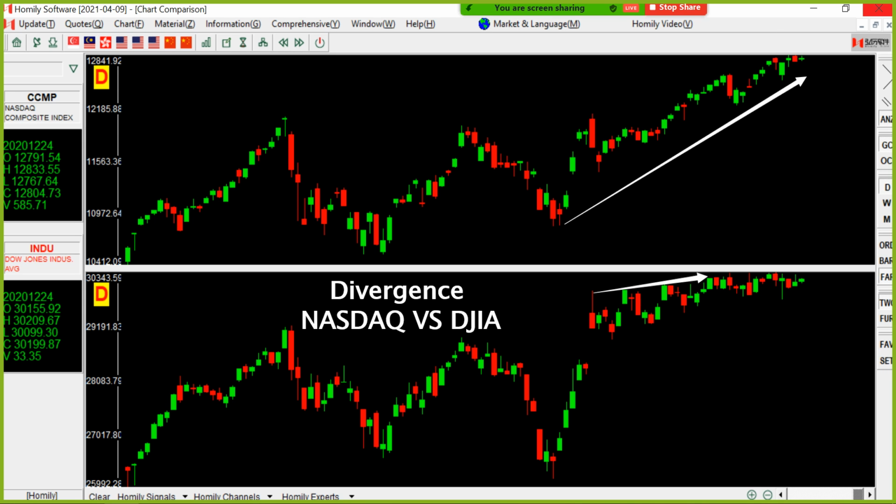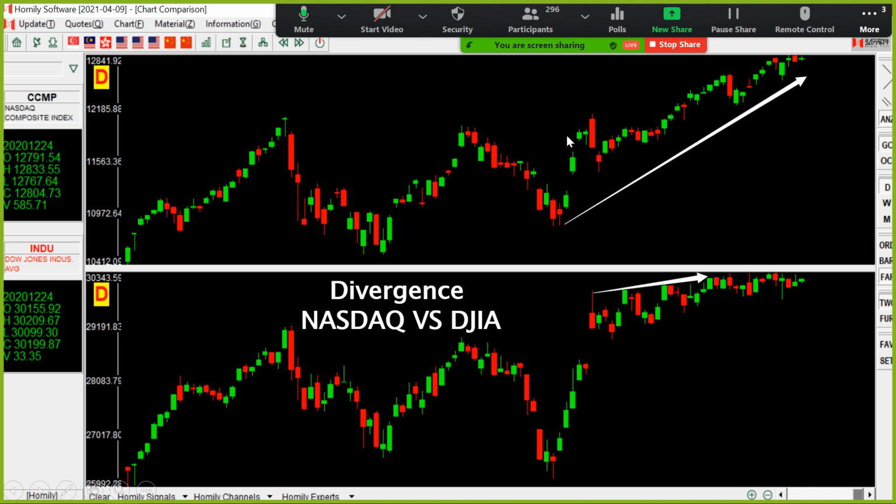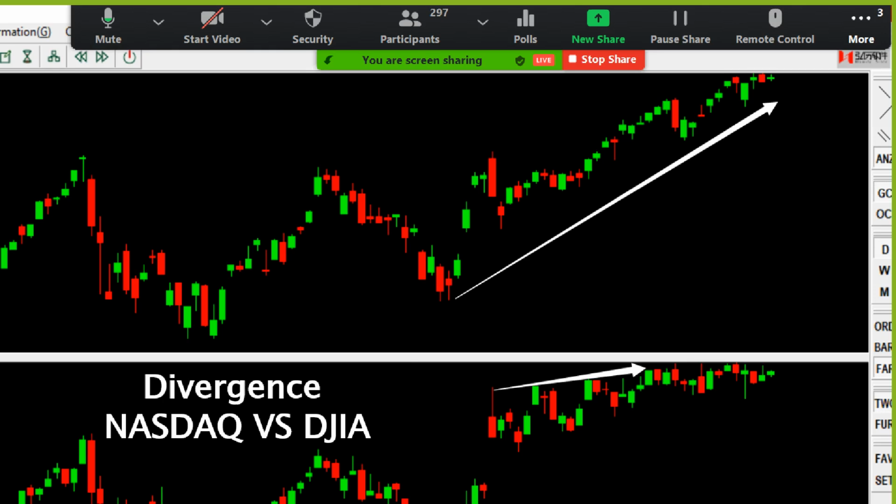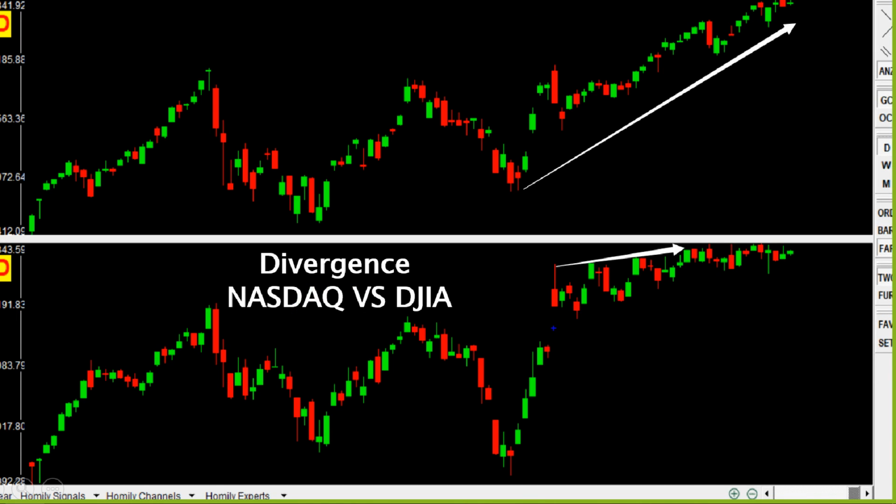In this chart, we can see after Pfizer released that they got a new vaccine and it's very effective, around here we can check the index. Can you see a gap up around here? Yes, that's because of the good news from Pfizer. Because of the vaccine, we can see a gap up, open higher, close lower.